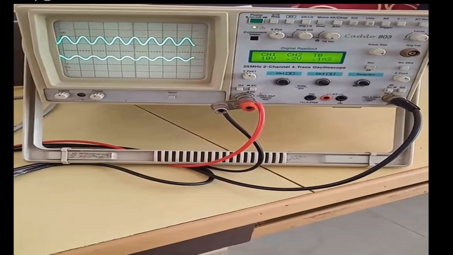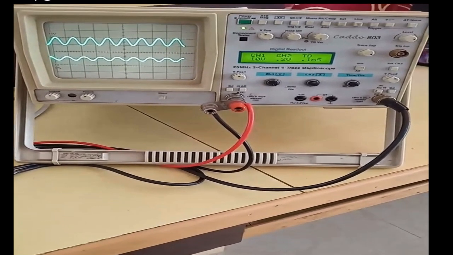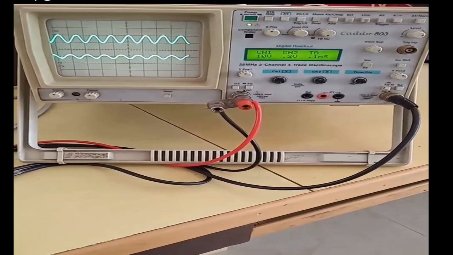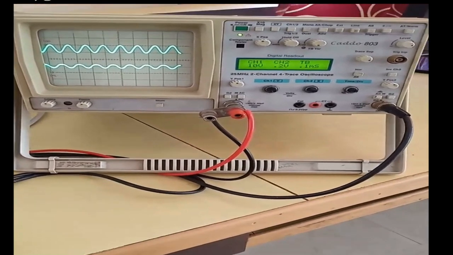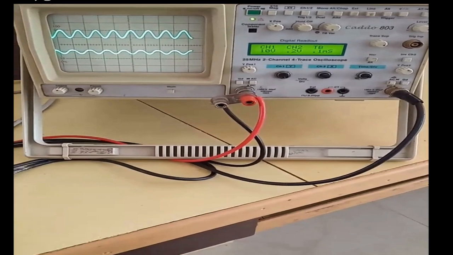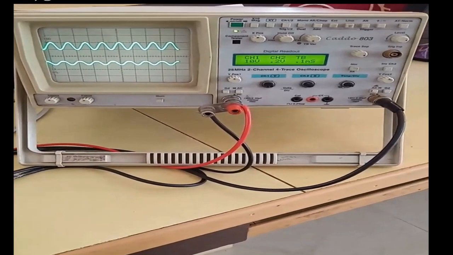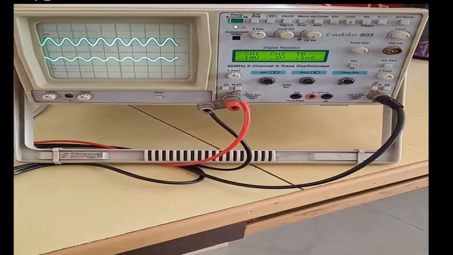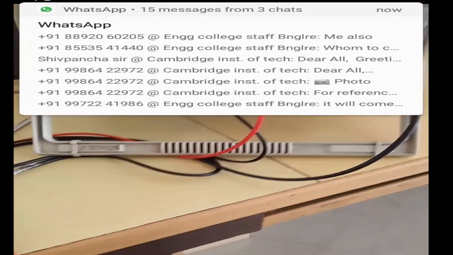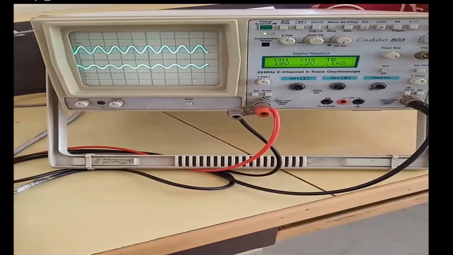Then once all the output values are noted down for different frequency components, before midband, at midband and after midband, you could plot all the readings on the semilog sheet and join all the points. Then you will get a frequency response, which we already discussed in the theory part.